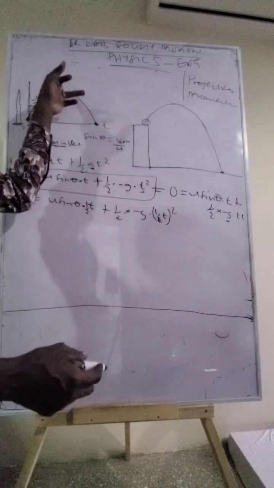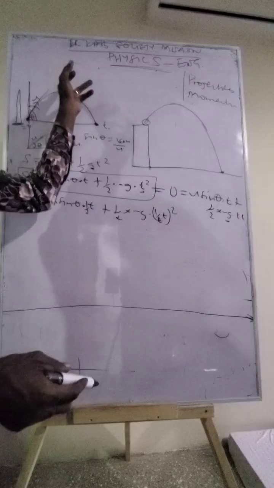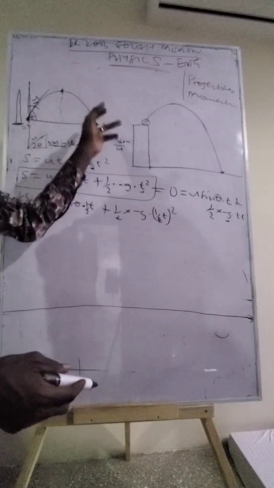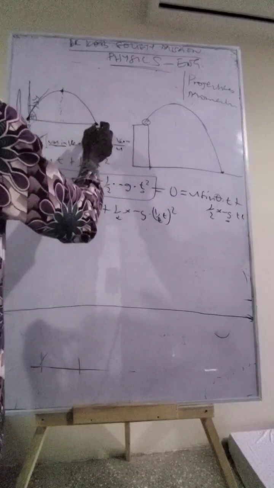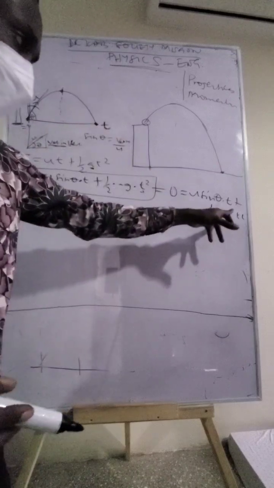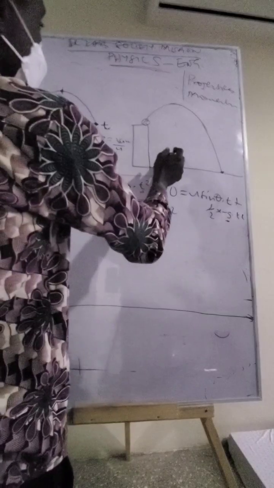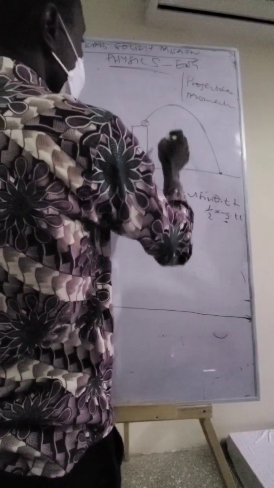If you define t to be here, then you should know that u is going, and then the final velocity will become 0. Okay, but we are looking at t at the end, so it depends on where you are looking, where your t is. If your t is at the end, then this is how the equation is going to be. So, when it comes to this part, all you need to do is